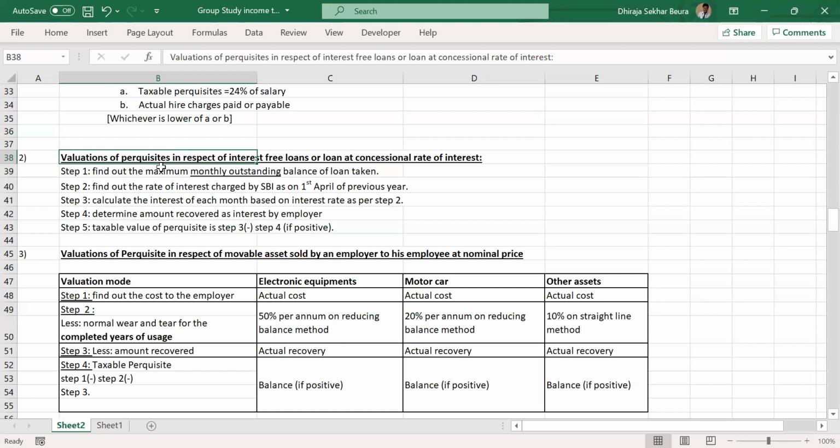No, there is a concession given, right? When he's taking a loan from the employer, there is a concession given to the employee. For example, if he's taking it privately from SBI Bank, there is a fixed rate of interest he has to pay, like 8% or 10%. But when he's taking from the employer, there is a concession, it might be 5% or 6%. So it's a saving for the employee, which has to be paid as a tax. So I would just repeat a word that